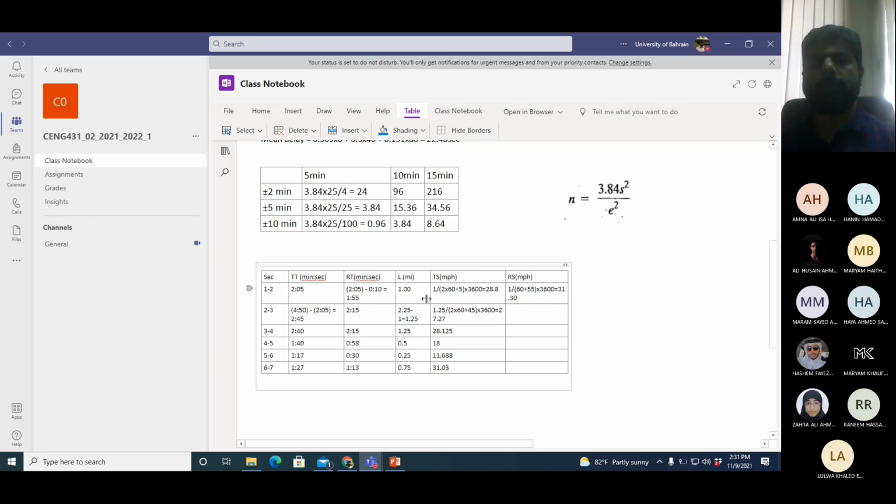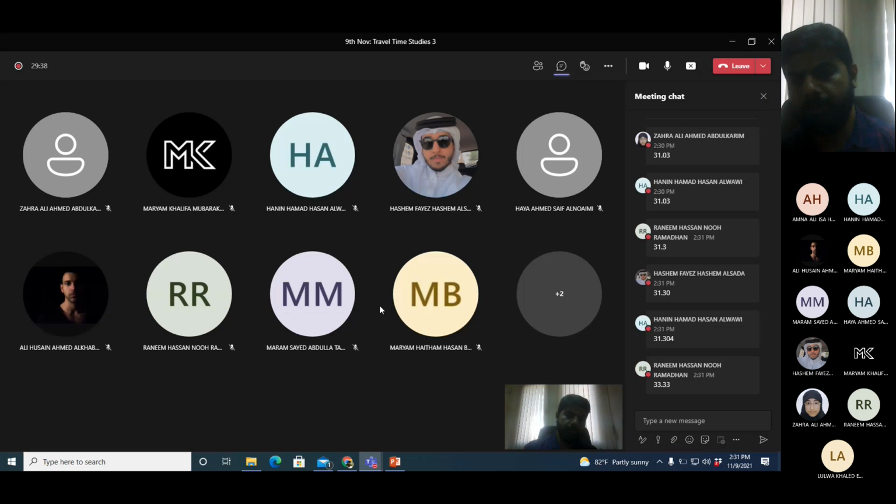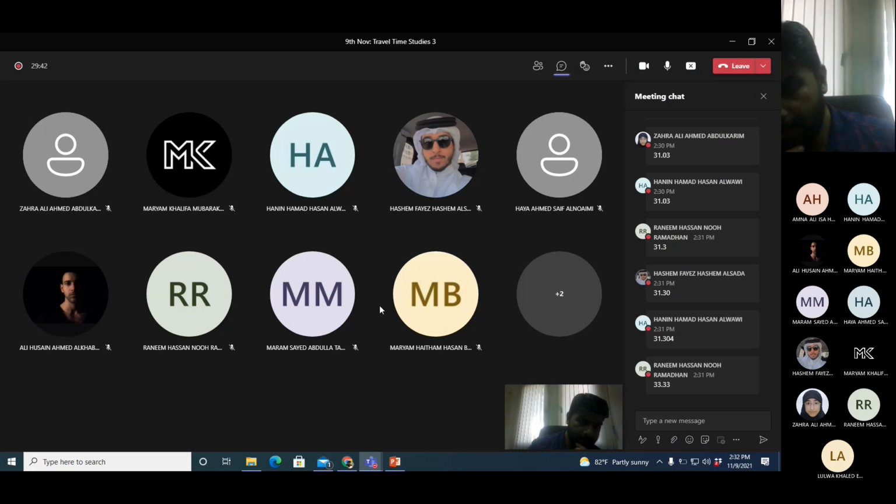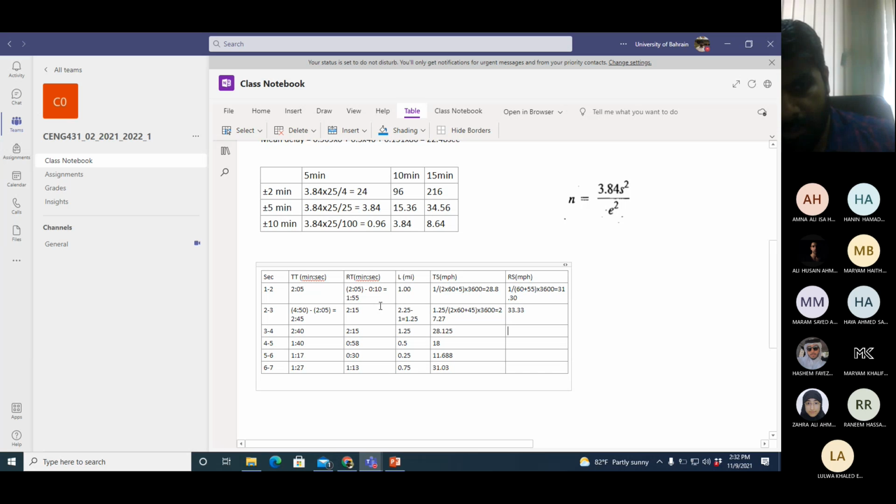Okay, next one. Length is 1.25 and the time is 2 minutes 15 seconds. This one would be the same because time and length are same. Okay, next one, fourth value, length 0.5 and time is 58 seconds.